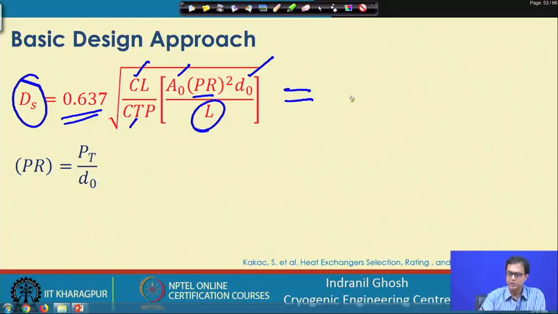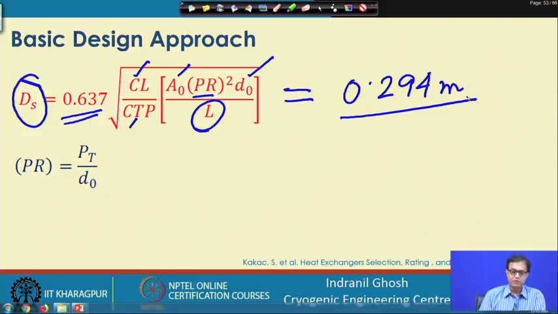So, this diameter of the shell is coming to be 0.294 if we put all the values. So, now we know the diameter of the shell. So, this is also known already, it is 1.25, we have said about it. Now, if we look